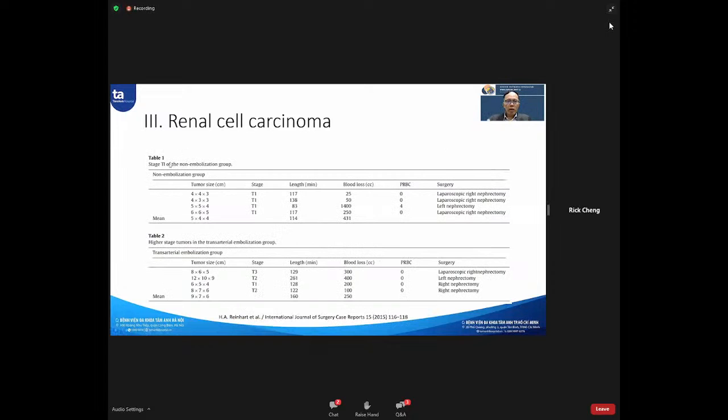And on the other side, one of the research from Henas, he divided into two parts, one part a non-ablation group and one part a transarterial ablation group. He followed up 4 patients in each group, and the size of the non-ablation group is too small, less than the ablation group. So he found the blood loss after surgery. In group A, there was much more blood loss than in the second group with ablation.